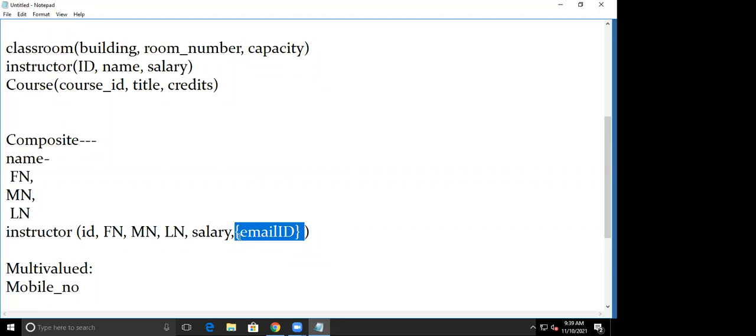I cannot demand that every instructor should fill 4 email IDs or 5 email IDs. No, in order to represent a multi-valued attribute, we need to create a separate relation. Separate relation means here inst, that is instructor email ID. In this separate relation we need to store the ID and email ID. This information we will preserve.